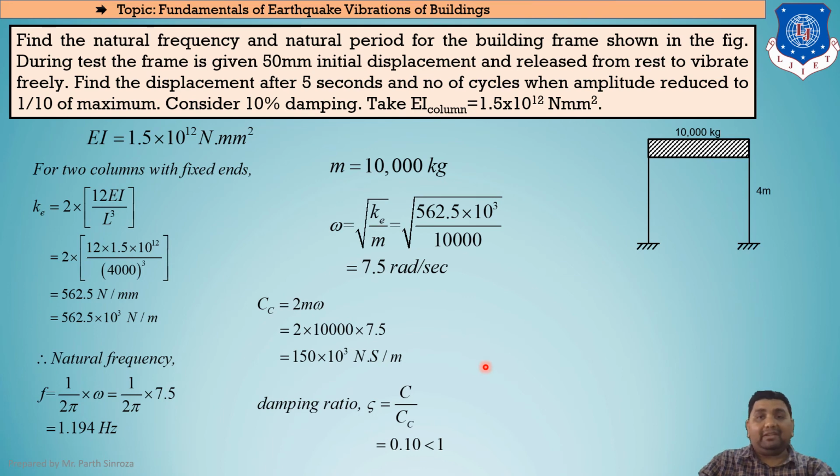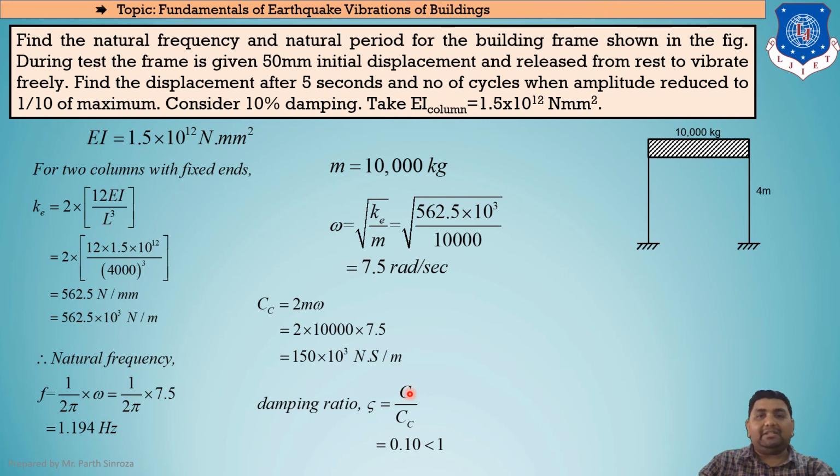After this, we will always be finding the value of the damping ratio, that is our zeta. Why do we need to find the value of zeta? Because we always need to prove which of the three cases our sum belongs to: case 1, that is under damped condition, case 2, that is critical damped condition, or case 3, that is over damped condition.